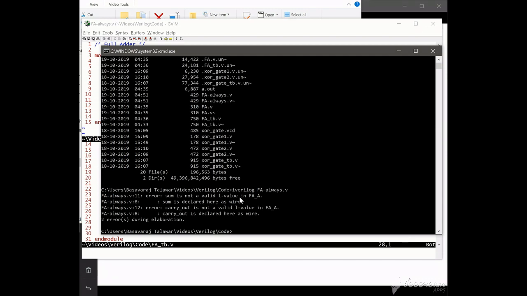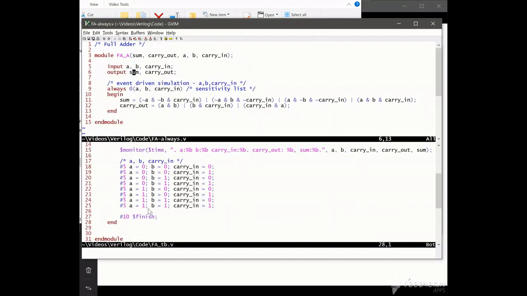Sum is not a valid L value in this module. Sum is basically declared here as a wire, and the second error is also the same, it's for carry out. So both sum and carry out, in lines 11 and 12, have been used inside the always block as the LHS,